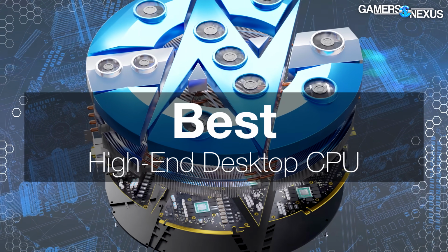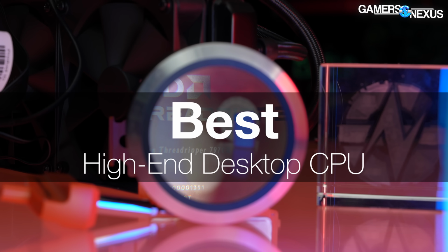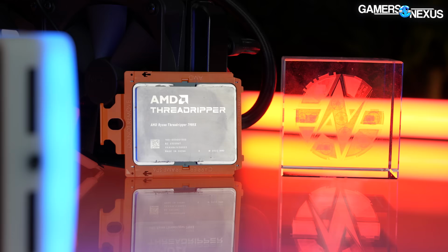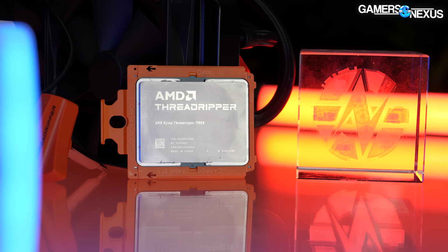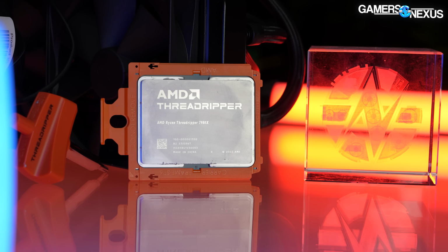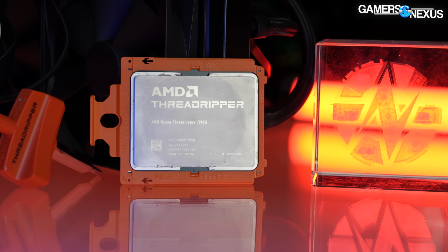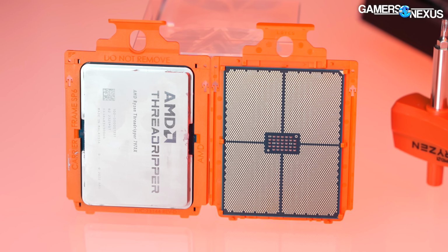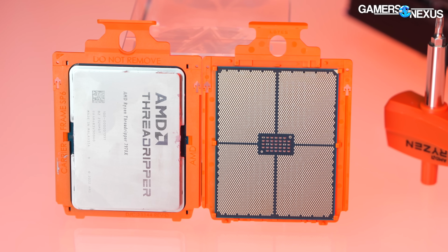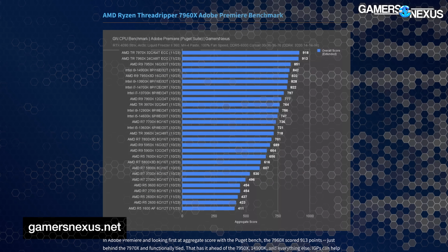For the second year in a row, mostly because there aren't any replacements yet, this is going to AMD's Threadripper 7970X. We liked the 7980X, but its super high core count is more limited in use case. If you need 64 cores, you probably know it, and it's like $5,000, so kind of a different class. We've found the 7970X, still expensive, to be an excellent balance at least in production workloads that we use in our office. It's a 32-core part, it's not as extreme as the 7980, and it did great in our testing